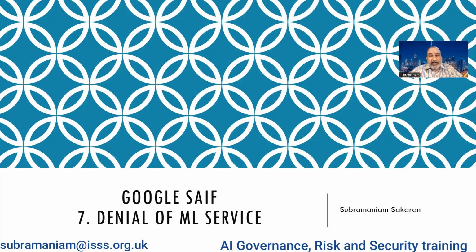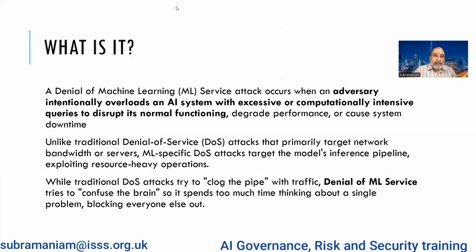This is the seventh video in the series on the Google Secure AI framework. It's a denial of machine learning service. This is on the availability part, and there is also an attack. Though denial of ML service sounds like a DoS attack, there is also an integrity portion to this particular attack. Denial of ML service attacks occur when an adversary intentionally overloads the AI system with excessive computation-intensive queries to